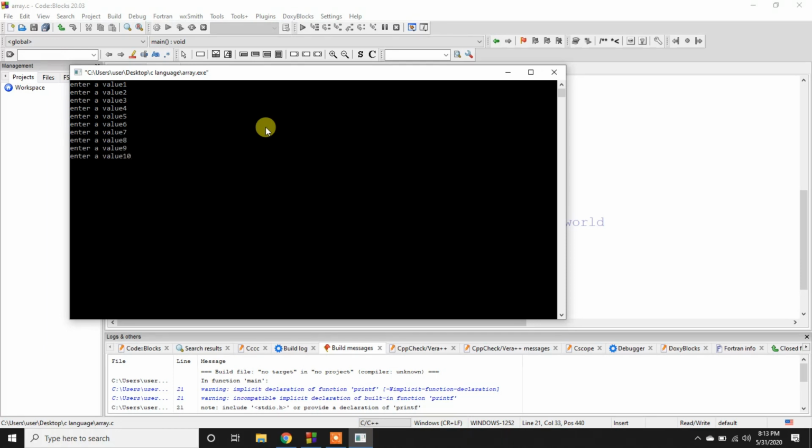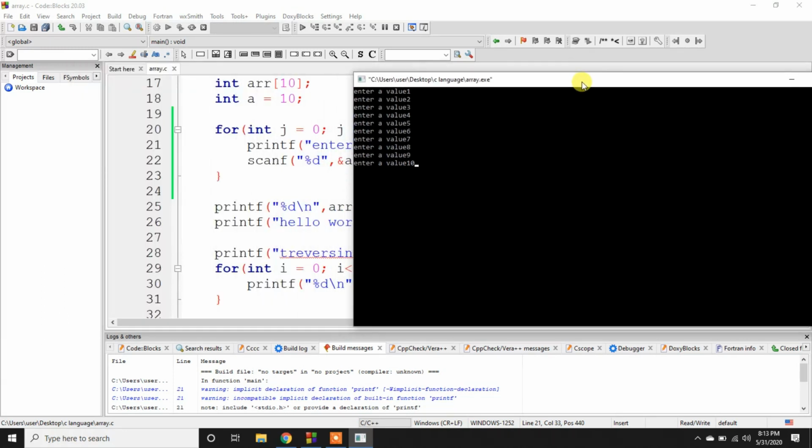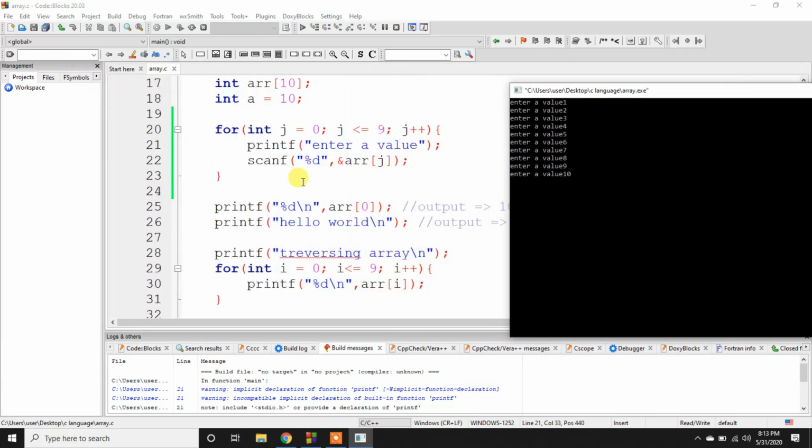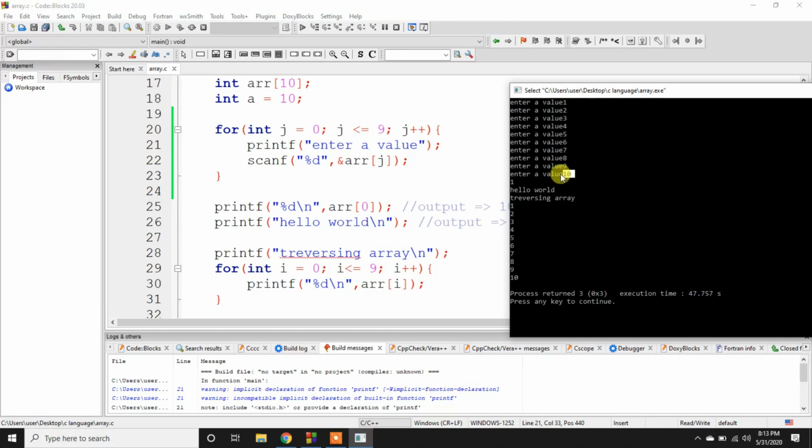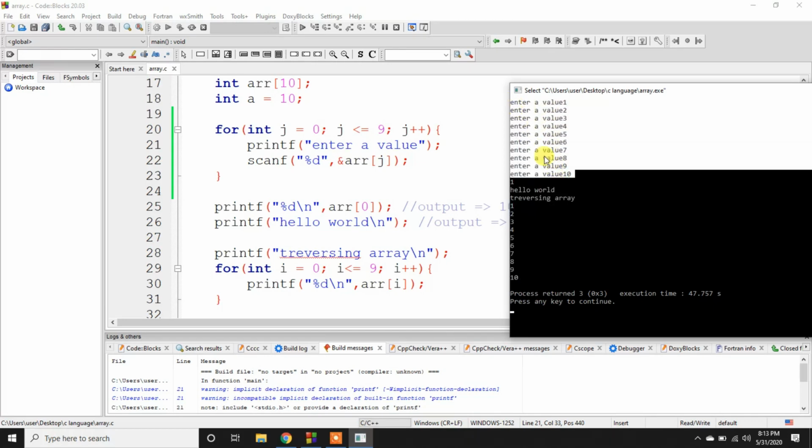After pressing enter, it will print the zeroth position value of the array, which is going to be 1, and after that it will print hello world, and after that it will print traversing array, and after that it will print all the values of the array which we entered. This is our output. This is our dynamically entered value in the array.